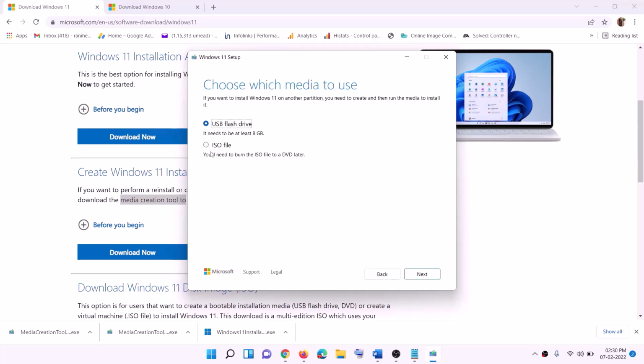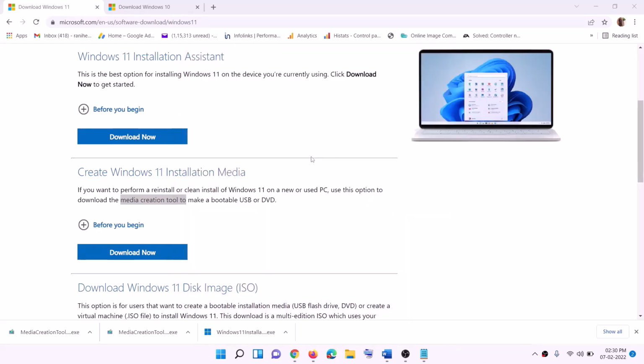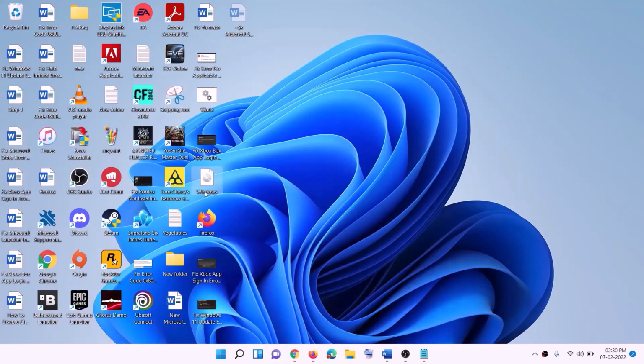Click on next. Select ISO file, then click on next. You can save the location. You can set the location as desktop and then click on save over here. Now once the download is complete, click on finish and then go to desktop, find Windows ISO file,